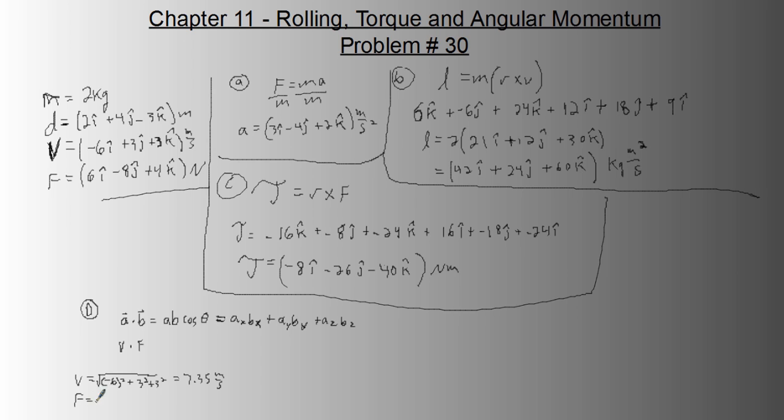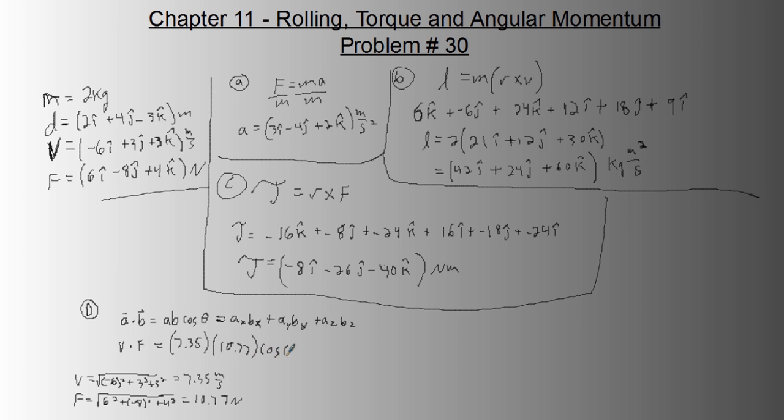The force magnitude is the square root of 6 squared plus negative 8 squared plus 4 squared. And that's 10.77 newtons. So this becomes 7.35 times 10.77